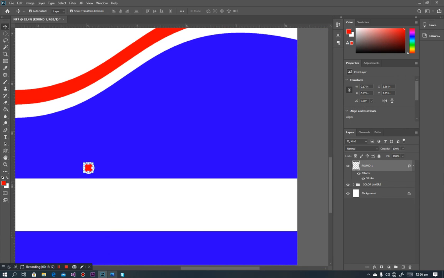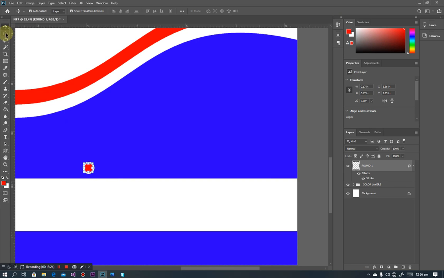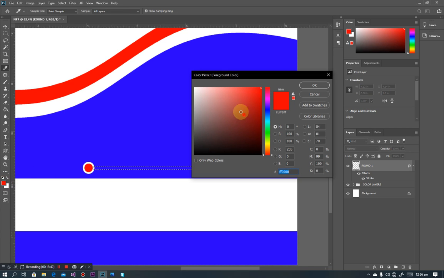Now from the look of this image, you can see that there is a line here coming there. Let's do that line. So with that line, click and hold this rectangular tool. Make sure your round one is selected, and drag and draw a line just like this. Good. And then go in for a white color,